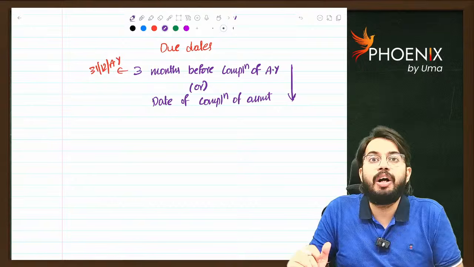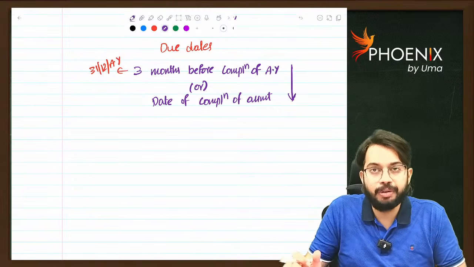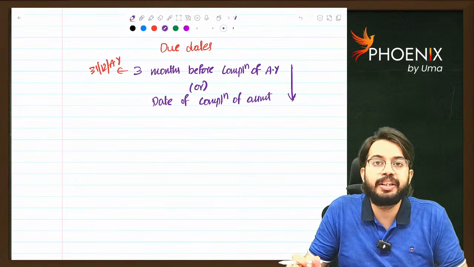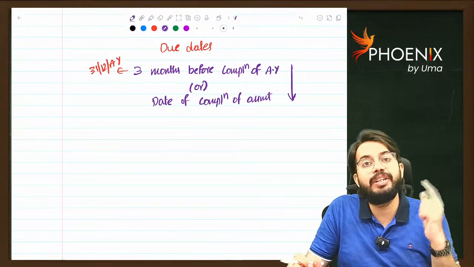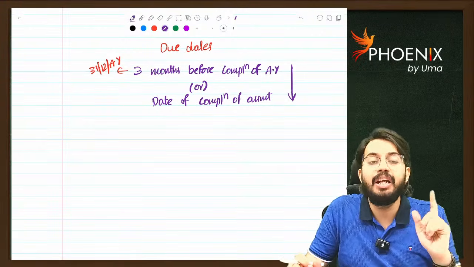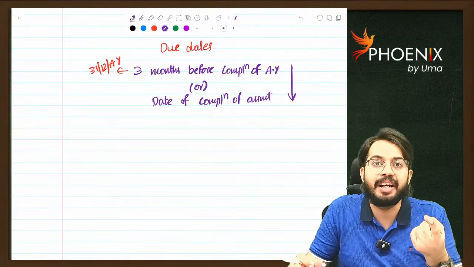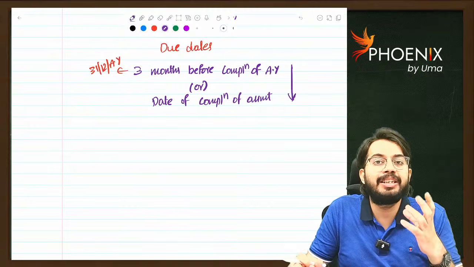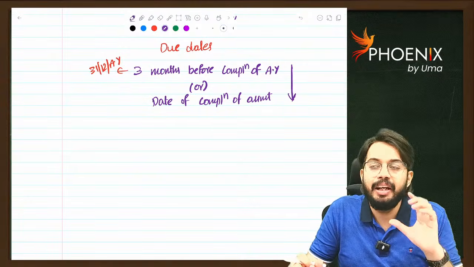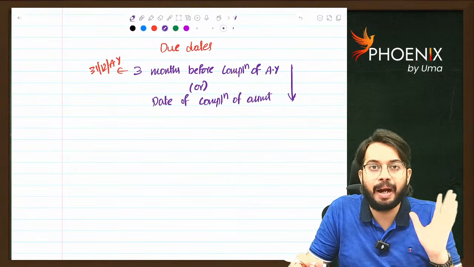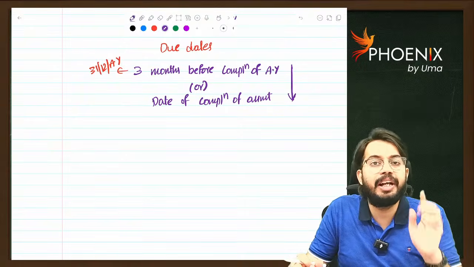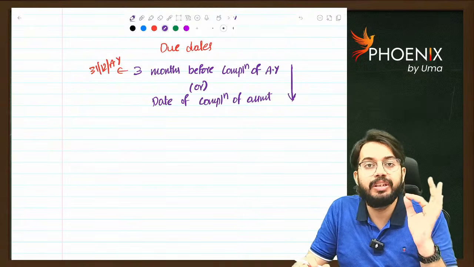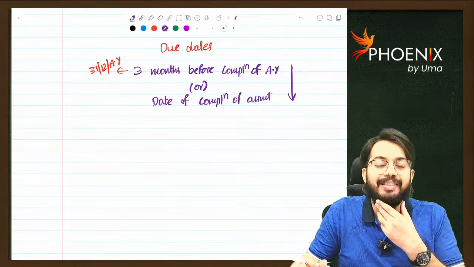Next, there is one concept, intimation, which I will discuss with you in this class only. Intimation under section 143(1). Even if you receive intimation under section 143(1), you can still file a revised return, because intimation is not completion of assessment. It is a calculation made by the department. So after receiving intimation under 143(1) also, you can still file a revised return. Able to understand?